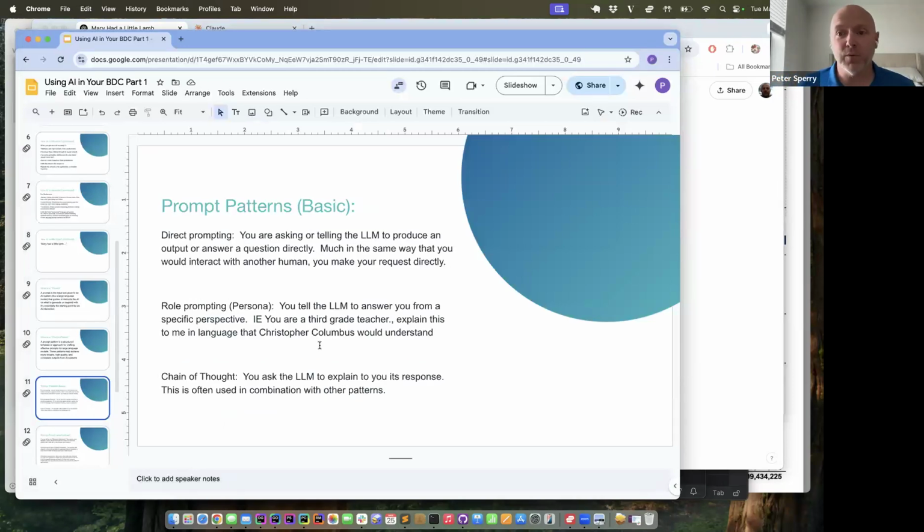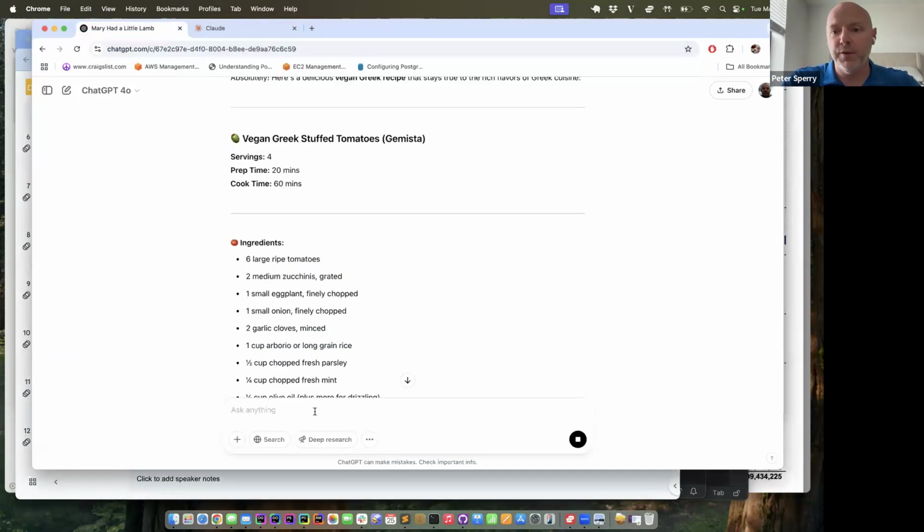Role prompting. This is a really powerful one, and it's probably one of the simpler ones that you can use to start getting better results out of what you're asking the LLMs to do. With role prompting, you are telling the LLM to pretend it's someone in giving you your answer. So I'm going to say, act as a call grading expert in my call center and evaluate the things my agent is saying in this phone call.